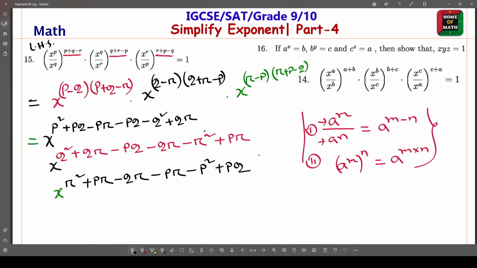Okay. Now let's think, have anything omitted or not. Here is plus pq and here is minus pq, we can cancel this one. So this is pq, p square minus pr minus q square and qr, so it will be unchanged. Then here is q square, qr minus pq minus qr, here is plus qr and here is minus qr, so this one is out. Similar, this is r square plus pr minus qr, look, here is plus pr and here is minus pr, so it will be out.